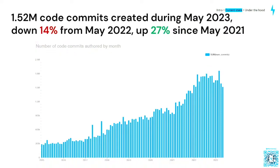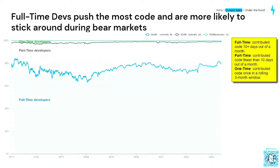There were 1.52 million code commits created during May 2023. If you compare that to a year ago, the same month, that's a 14% drop, and a 27% increase since May 2021. But let's look at how much